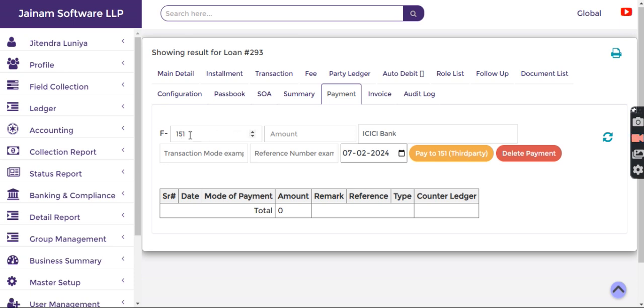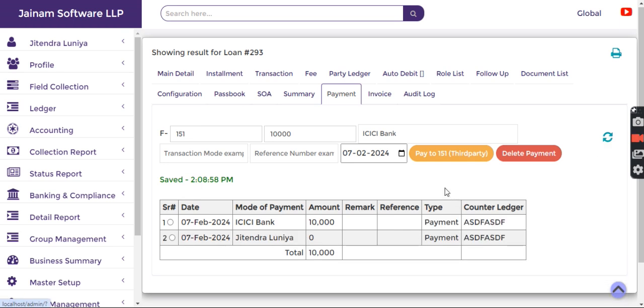So 151 here, it will automatically, system knows that this dealer has a distributor, so system automatically takes that, and we can simply add a payment, select the date, select rest of the things as you know, and then make a payment. Okay, so this is covered